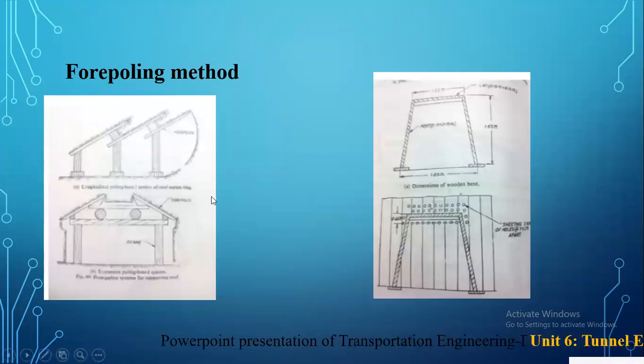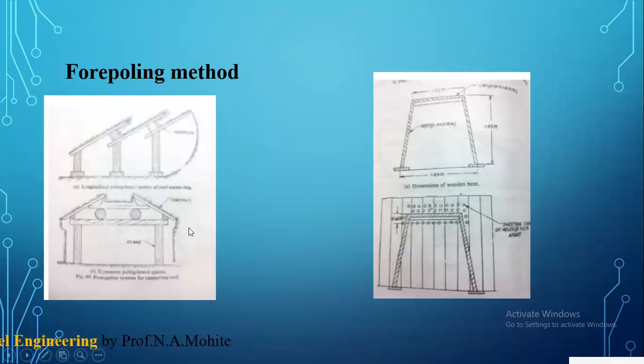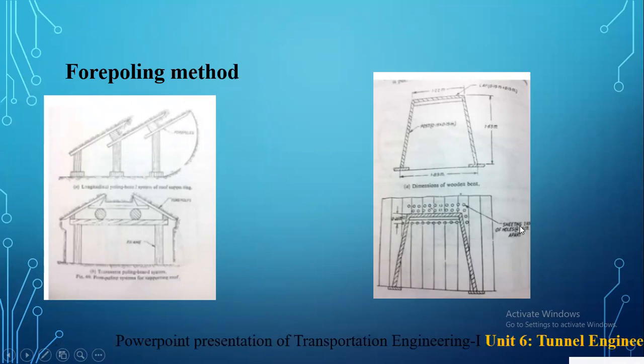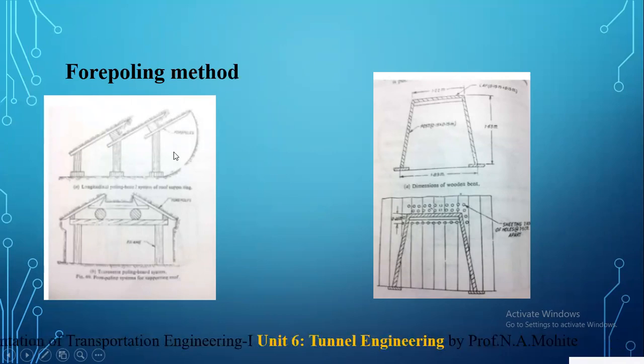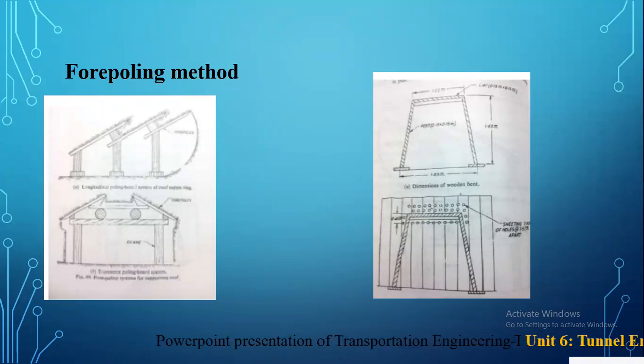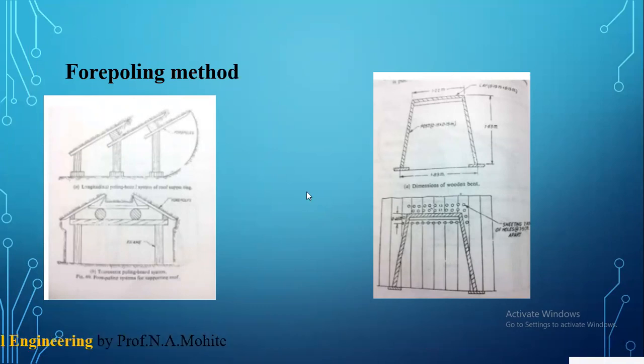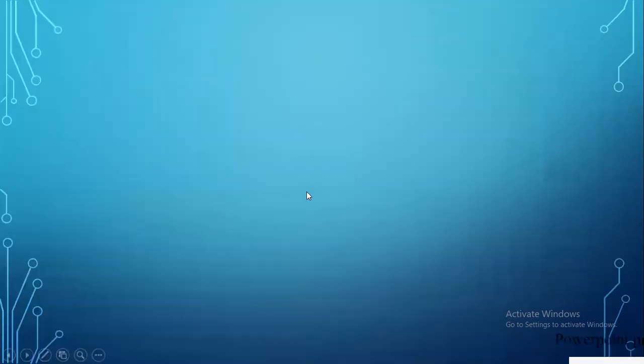Okay, the shaft has been sunk, and bent is placed from the sheeting, and holes are driven in the sheeting at 7.5 cm center to center above the cap and below the cap. Here you can see the corresponding caps are placed, and the poles consist of planks with wedge ends that are entered one at a time and driven through half length at 15 centimeter per meter inclination. So that is regarding the forepoling method.